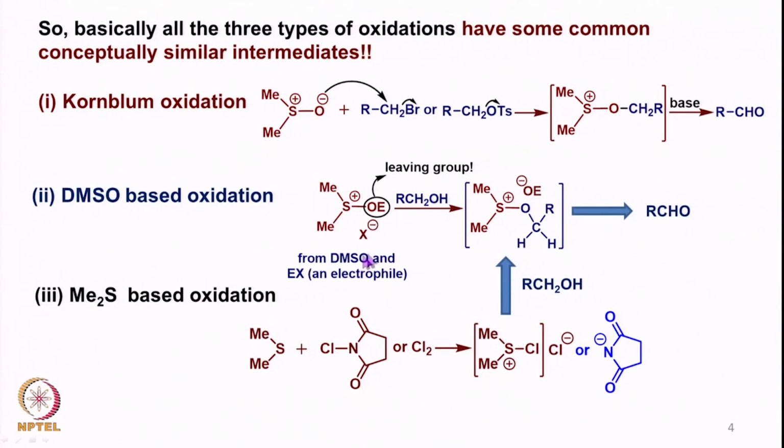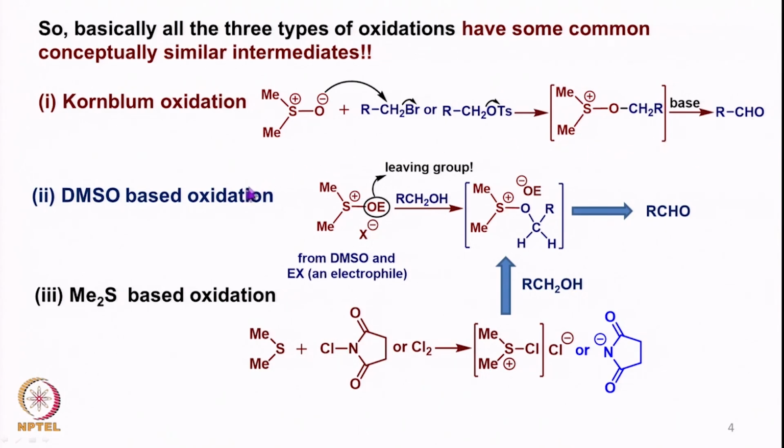Now if we look at it very carefully, they are conceptually having a similar type of intermediates. In Kornblum oxidation, as we saw, the DMSO interacts with a halide or tosylate and gives this intermediate directly. We are not reacting with an alcohol, but with a halide or a tosylate, which could be a derivative of an alcohol, and we get an intermediate like this, which of course leads to the